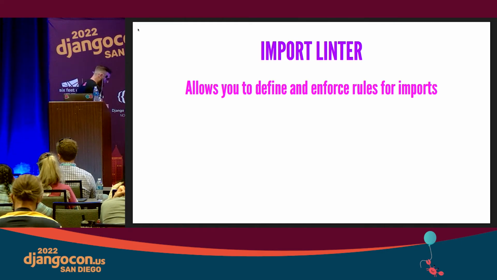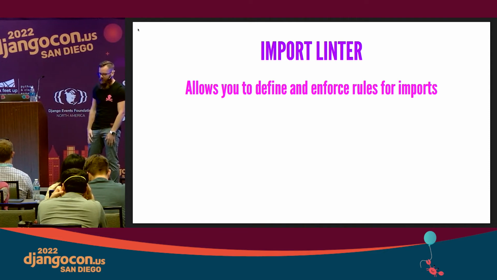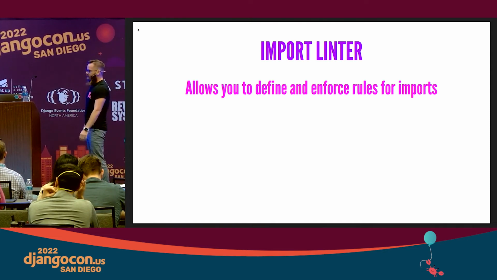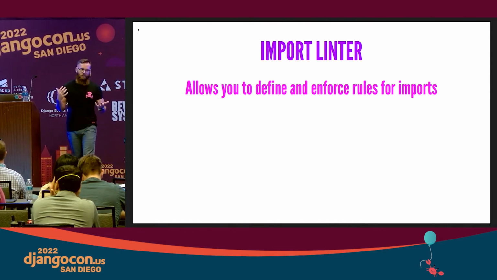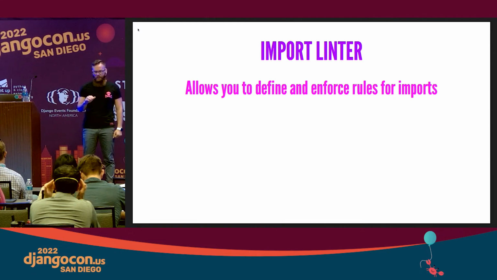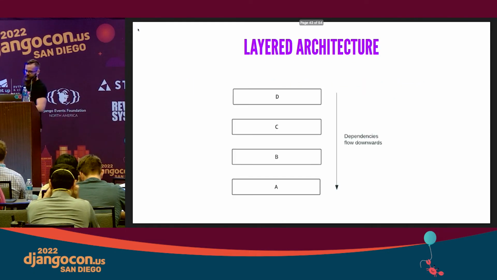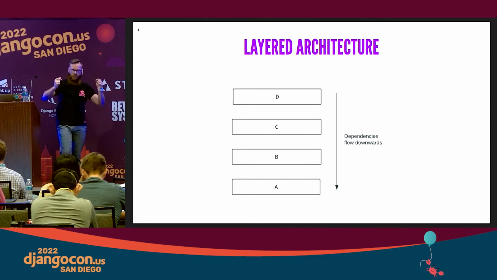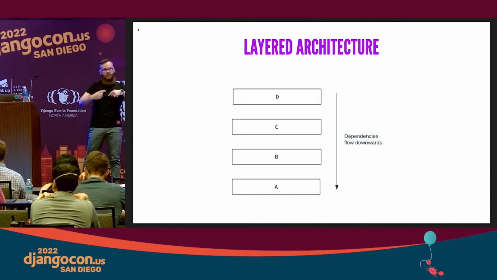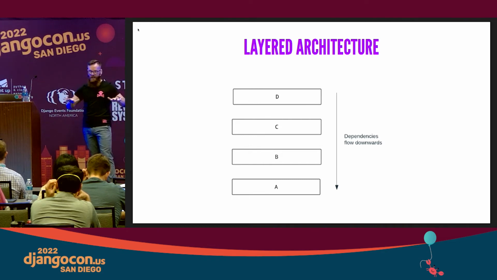Another very cool thing that we have, it's actually developed by someone in the Kraken community, it's open source, is called import linter. A lot of people think that when you're in a monolithic application, you have no organization, it's just a big ball of spaghetti. Almost all the time that can be true, but in our case, it's really not. We have this really interesting way of breaking everything up into modules in this layered architecture. So all of our dependencies always flow downwards. We don't import back up in the chain. So it keeps this giant monolith manageable.